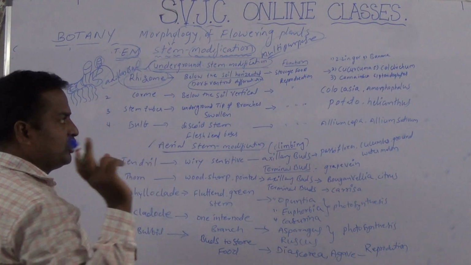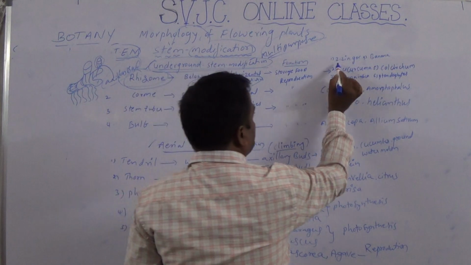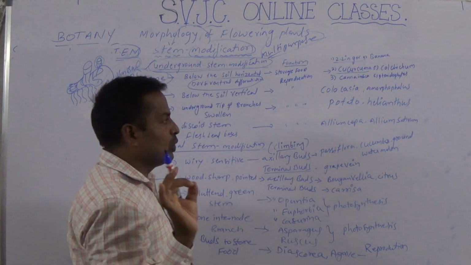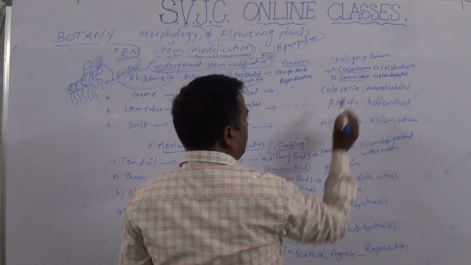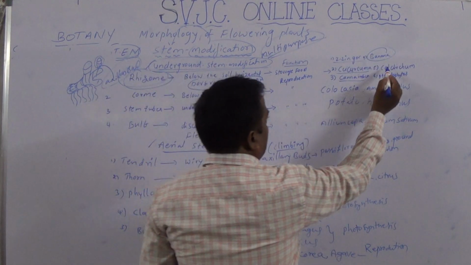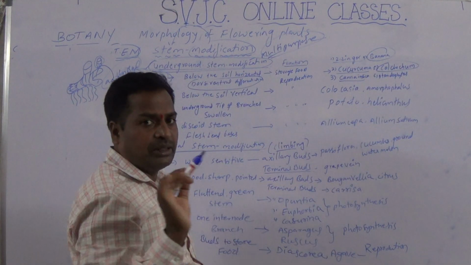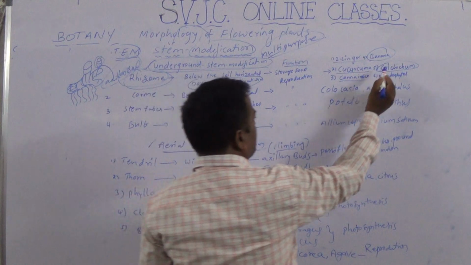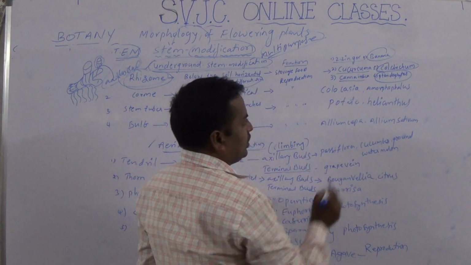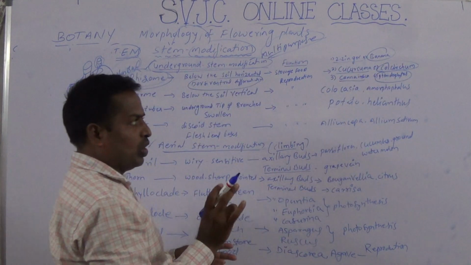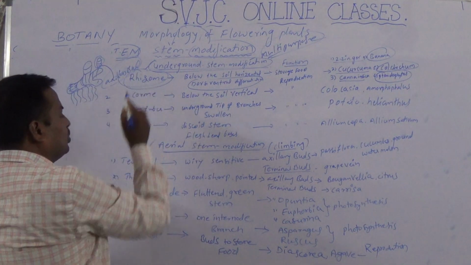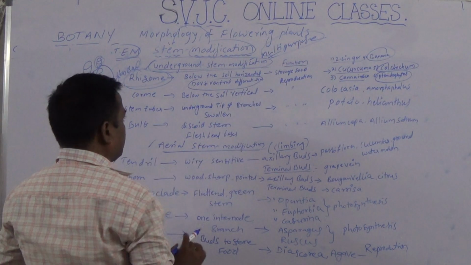Examples of rhizome are very important for examinations. One is ginger, Zingiber officinale, and the second is turmeric, Curcuma longa, Canna indica, and banana is also very important. Banana also has a rhizome stem. And Colchicum, an important Liliaceae plant. The rhizome stem is also reported in Colchicum and pteridophytes. These examples are not in the textbook. Banana, Colchicum, pteridophytes. So the modified stem is called rhizome. You already know the examples.